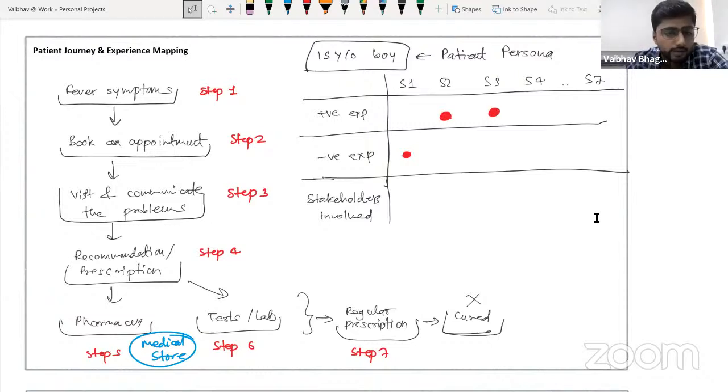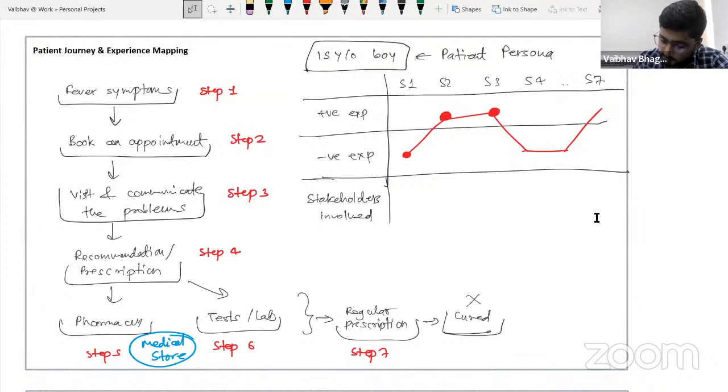Then you go for step 4, which is the prescription. So here also the prescription can be something which is very costly or has been given for a very long period or something like that. Obviously it can be that it has to be like that, but that also comes in the patient experience, whether it is a positive experience or not, and so on, going for pharmacy, going for test labs. So eventually you will plot a graph like this, and you will analyze, and